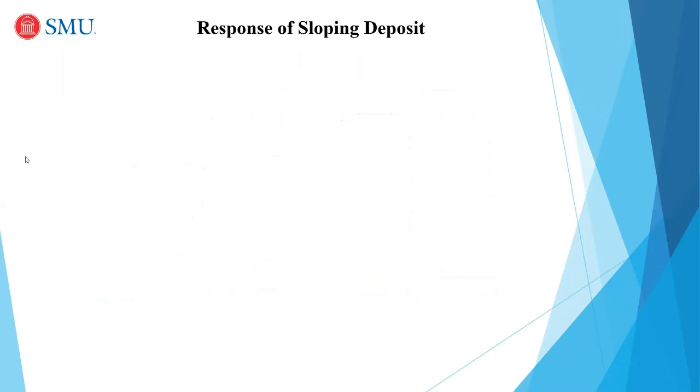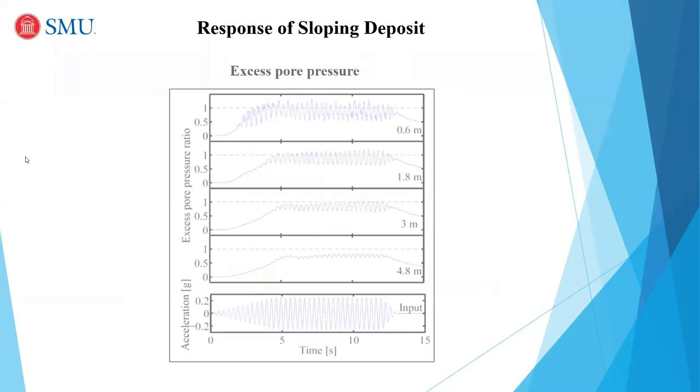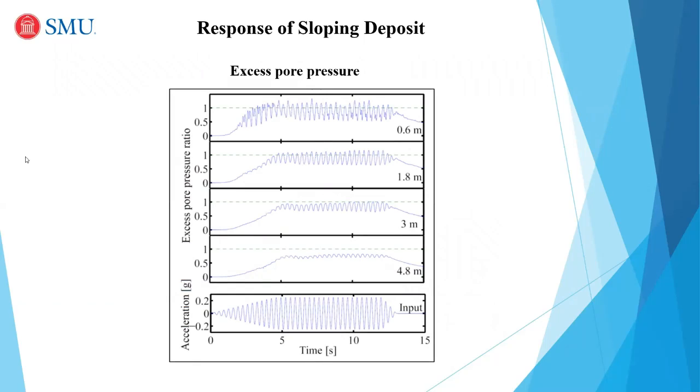If we do the same thing on a sloping deposit, just a mild slope, we get very similar trends with key differences. You notice here the pore pressure ratio, even though it approaches 1, has significant spikes that we did not see in the level deposit. The reason for these spikes is that when the soil is moving upslope, it tends to dilate, and when it dilates, it tries to absorb water, so it reduces pore pressure. It gains a little bit of stiffness